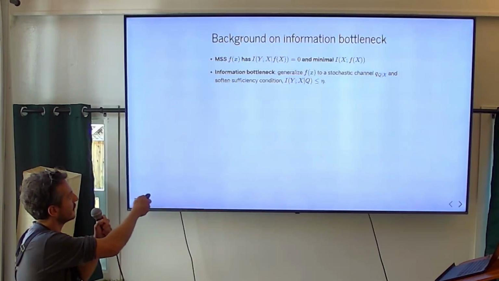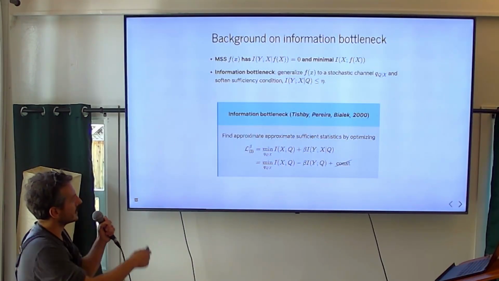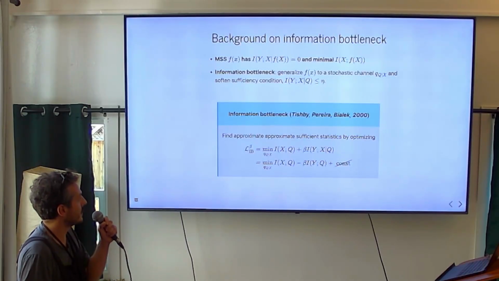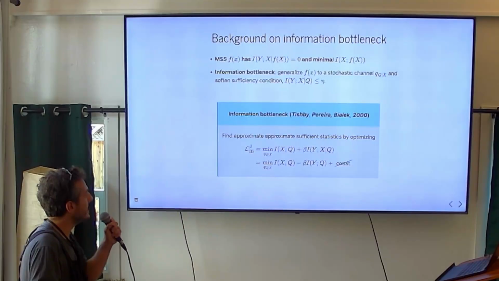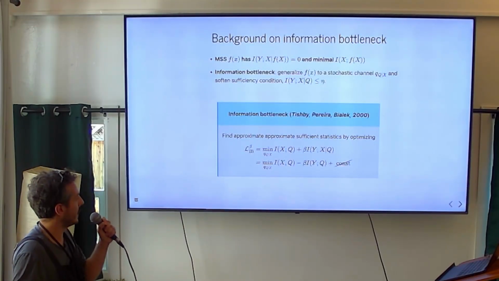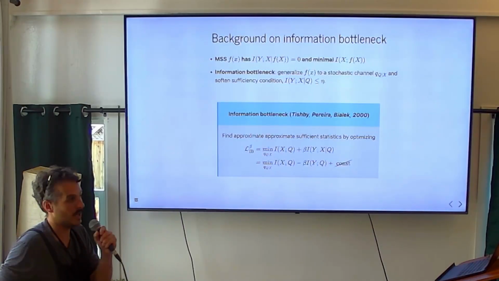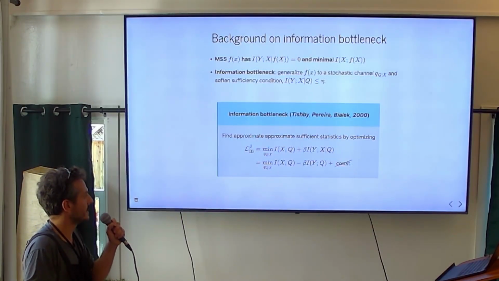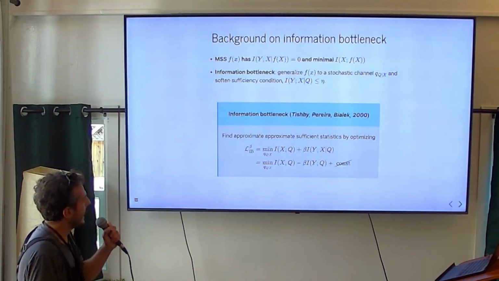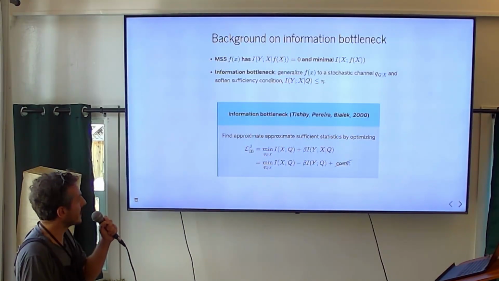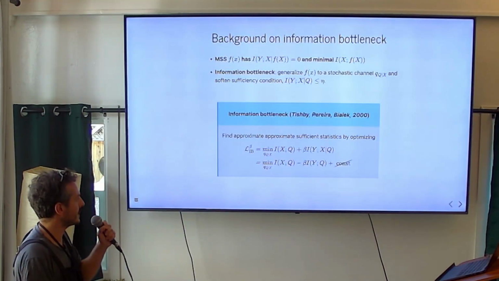We say that the conditional mutual information should be smaller. And we then minimize this objective, which is a linear combination. It can be thought of as a kind of Lagrangian: minimize the information that Q carries about X, but also minimize the conditional information between X and Y once we condition on Q. So the kind of information that leaks through, let's say. And as beta goes to infinity, the last term dominates, so we recover the minimal sufficient statistics.